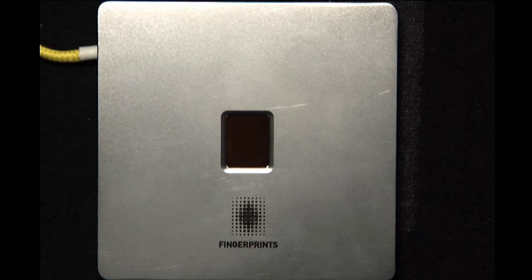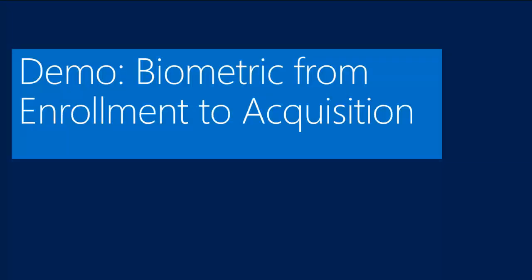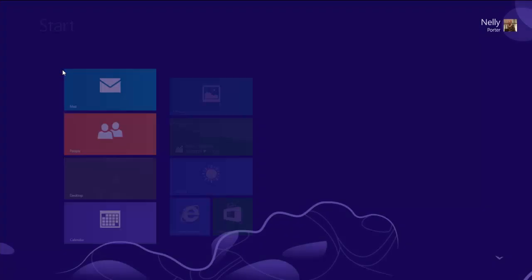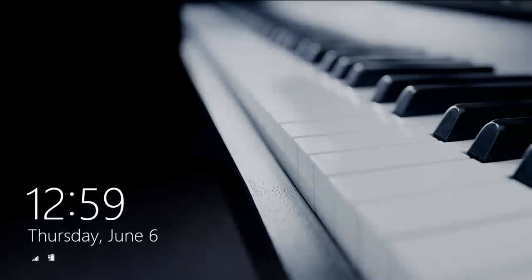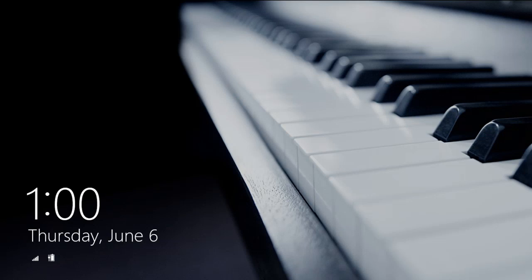Okay, so let's switch to demo. And the first demo that I will do, let me try it as soon as I am back. Okay, let's go to a very basic scenario. So I have on this machine 2 accounts. And I don't know how many of you, but I experience it every single time.